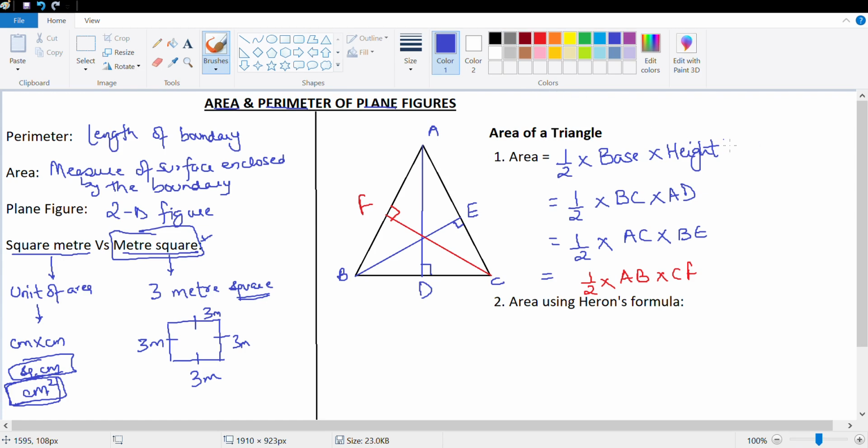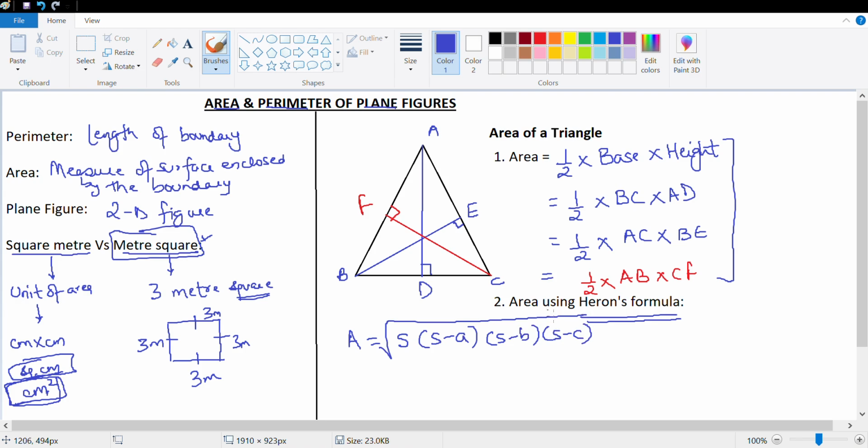All this we've done till last year, and this is a new thing that we do: finding the area of a triangle using Heron's formula. Now what is Heron's formula? Area is equal to the square root of S times S minus A, S minus B, S minus C. Now, slightly complicated, yeah, because we don't know what is S. So S is